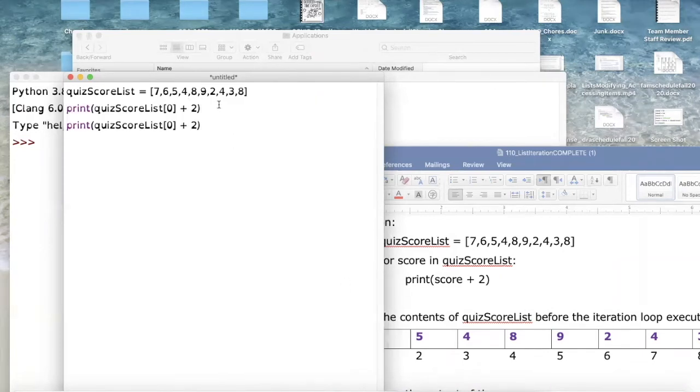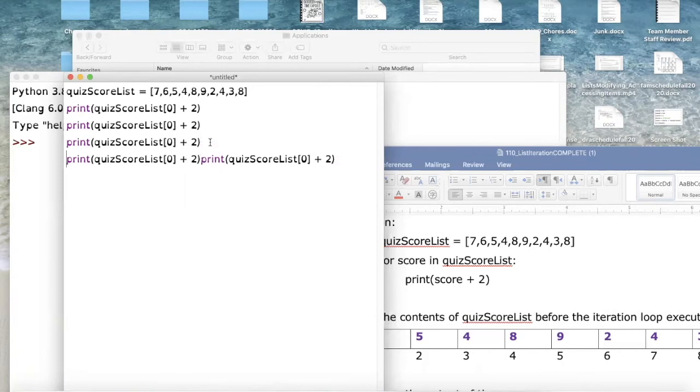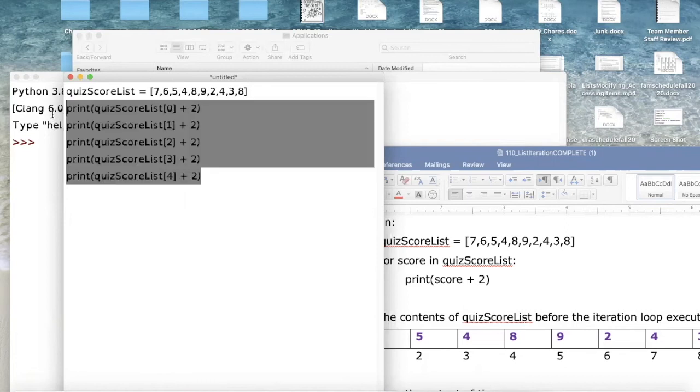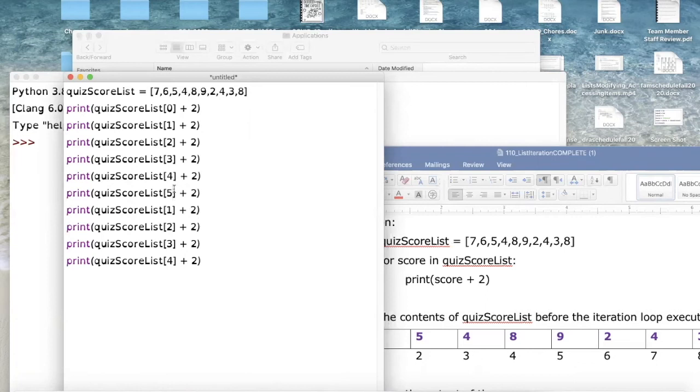I'm going to copy and paste that a couple different times. Again, this isn't too tedious if we only have 10 items in the collection, but you can imagine how annoying it would be if you had hundreds of items in the collection. So if we run that,